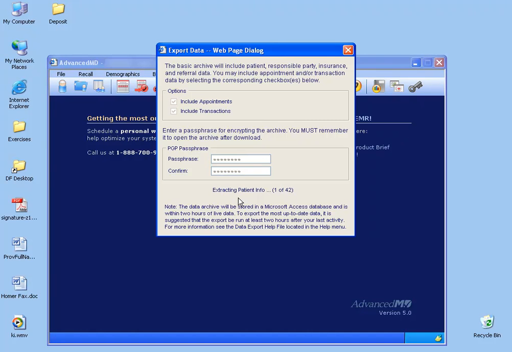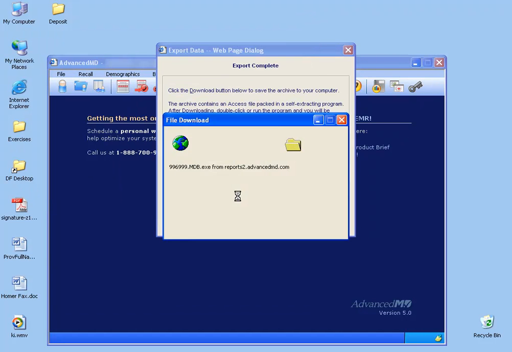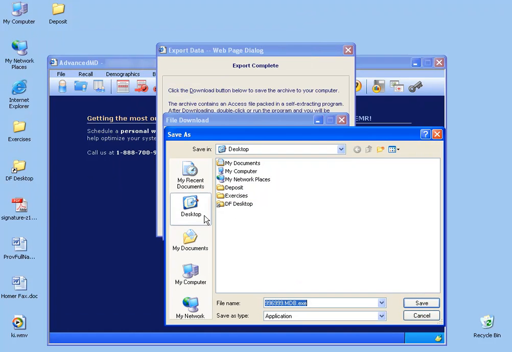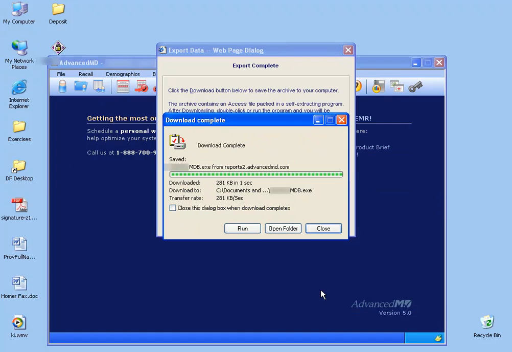Now this may take a while, depending upon how large your database is. And when it's done, you can click the download button to save it to your desktop. Click Save again. Click on the desktop button here so you can see your desktop, and then it will have some name here. That's okay. Go ahead and click Save. And then when it's done, we can close out,